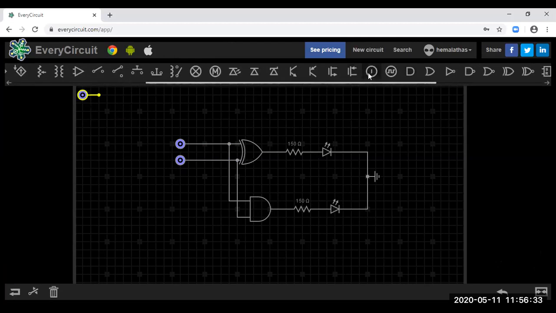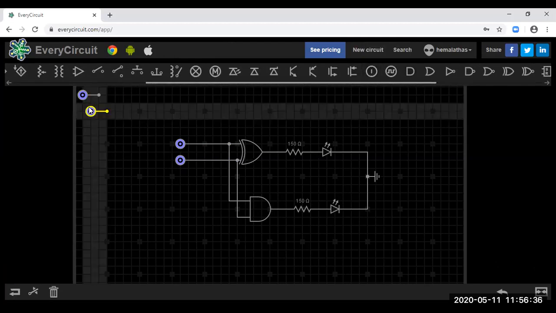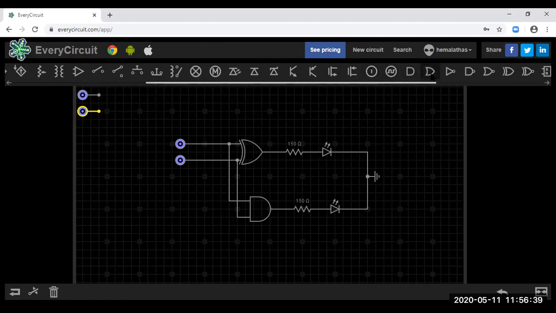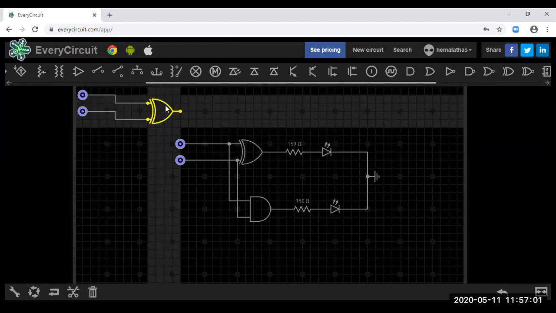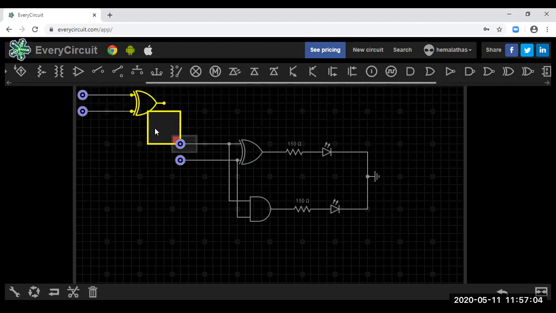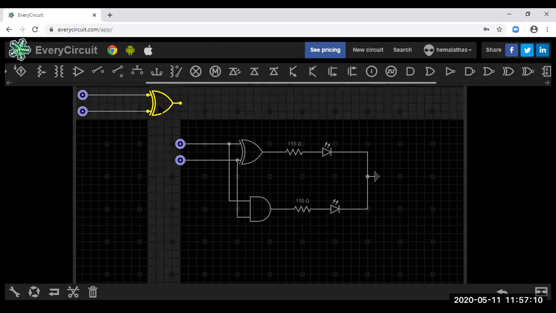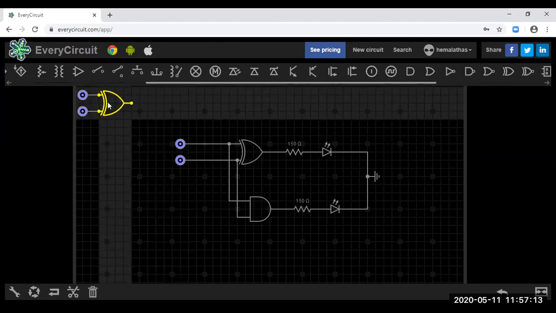So this is your logic source, and this is your XOR. So just click this point and this point, it will be connected, and this point and this point, it will be connected. So you just have to press the two points which you have to connect. And again, you can drag this after connection. You can adjust this in order to make the circuit look neat. Or if you want other elements to be added, you can drag it like this.